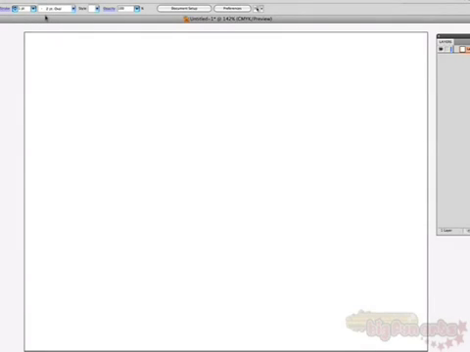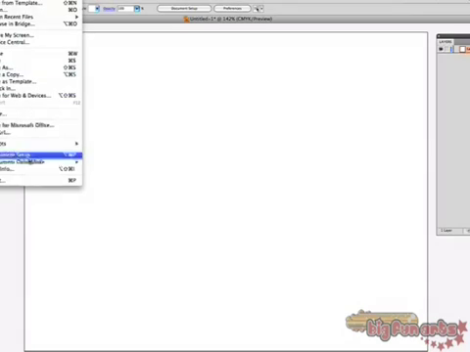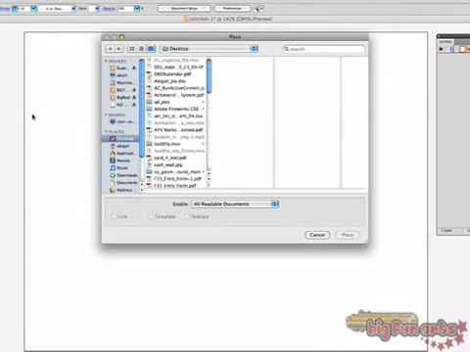All right, here we are again. I'm going to begin the tracing process. I've started a new Illustrator file, and now I'm going to choose File, Place, and retrieve the artwork off my